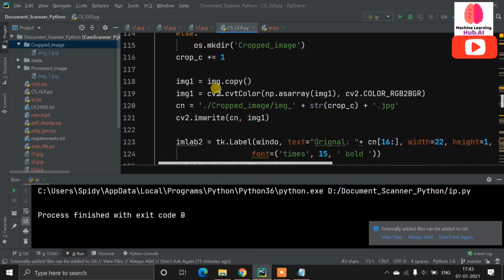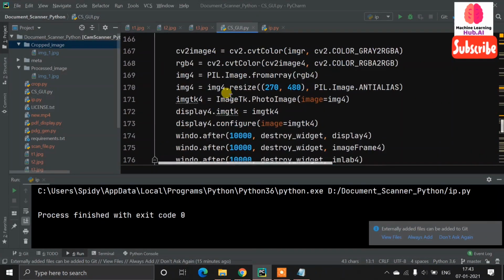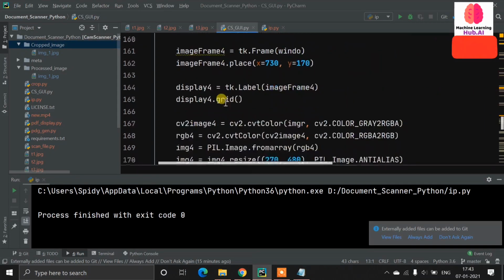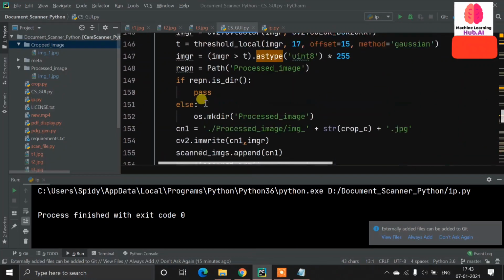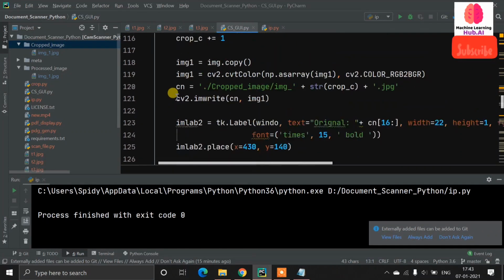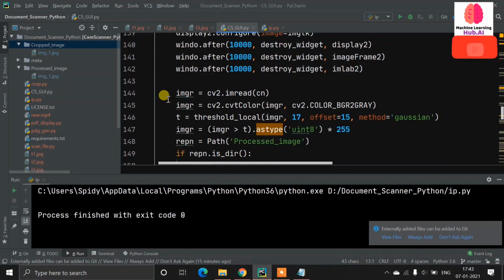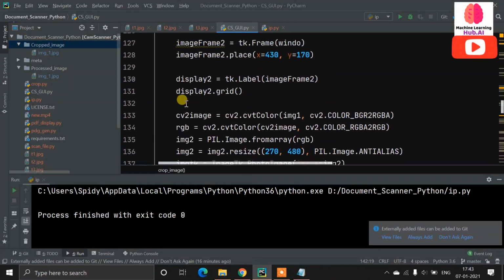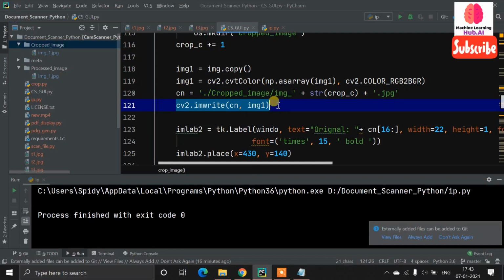So the same things we need to do here. We need to scan the image which is captured by the user. So what we will do, we will scan images. Okay, where is the code we have left here? Now we need to read the image which is stored here. Like if I capture one image, like image1.jpg, first of all I will store that image using cv2.imwrite. Okay, here we have stored our first image which is not